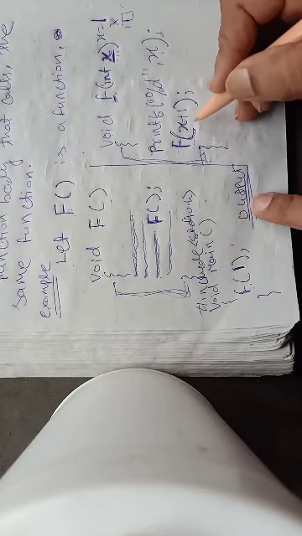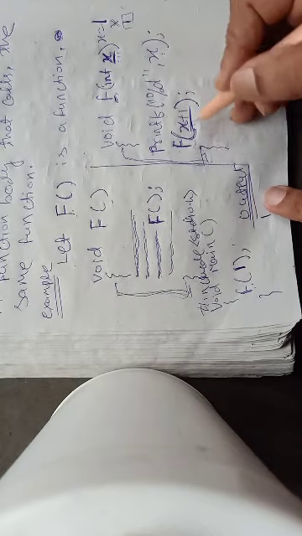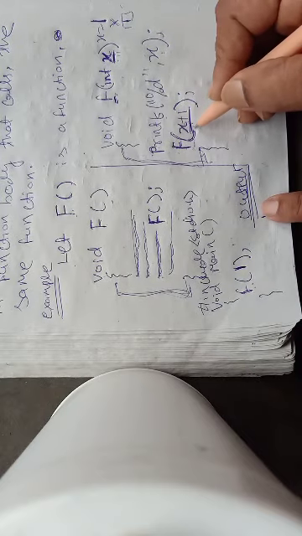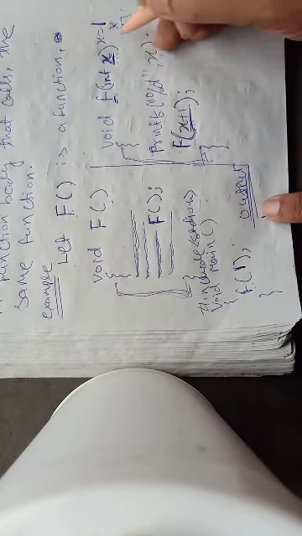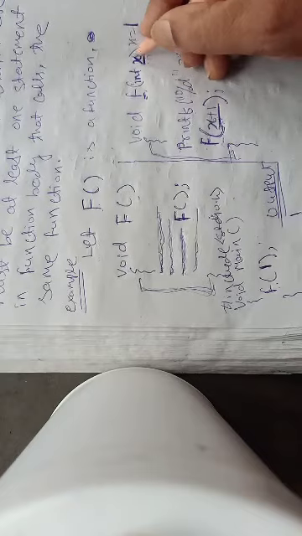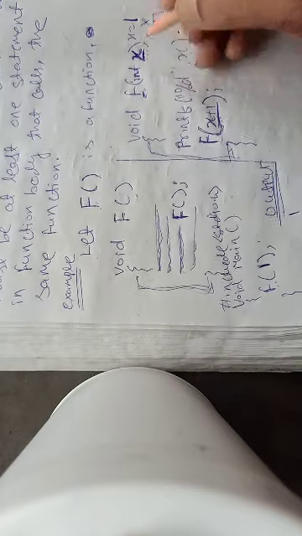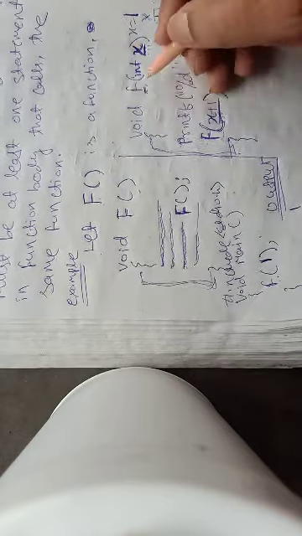So when the second time f is called, the value of the argument passed is x plus 1. What is the current value of x? 1. Now x plus 1 means 2. The argument that will be passed will be 2, and value 2 will be passed to the x parameter. Now for the second instance, a separate copy of the same function is loaded. Therefore, since there is a separate copy, the variable x is also a different one. And for the second instance, the variable x will have the value 2 because it has been called from the first copy of f by passing x plus 1.